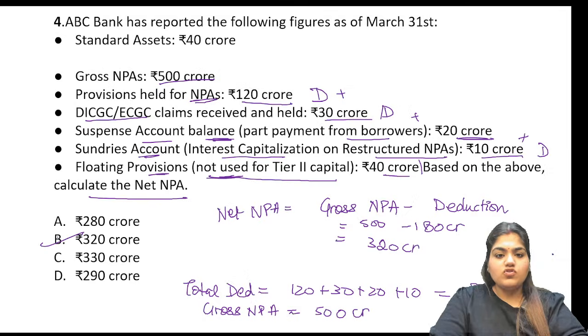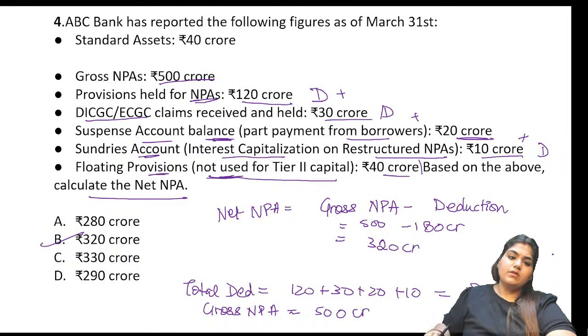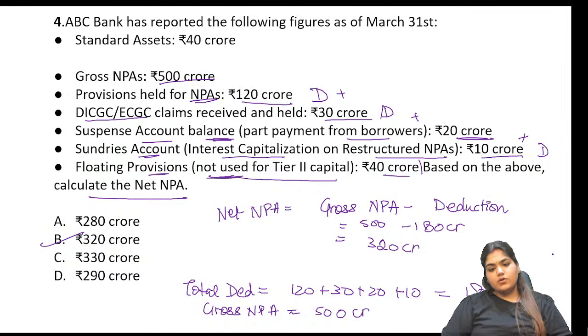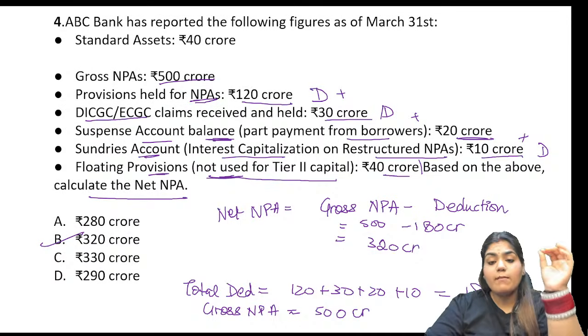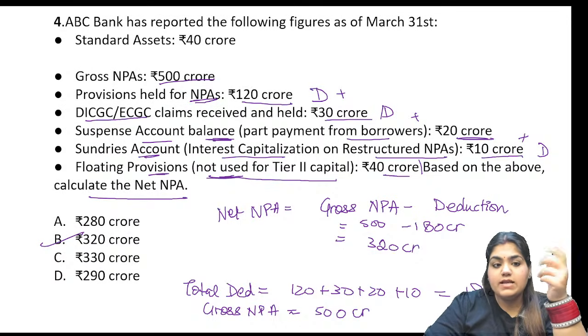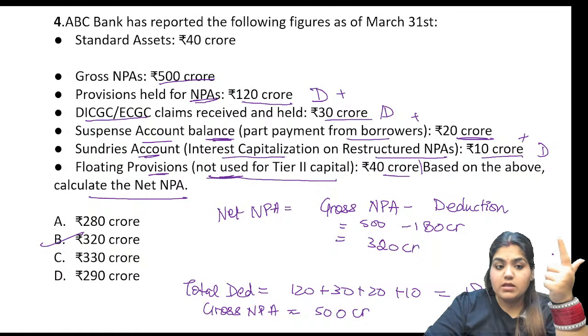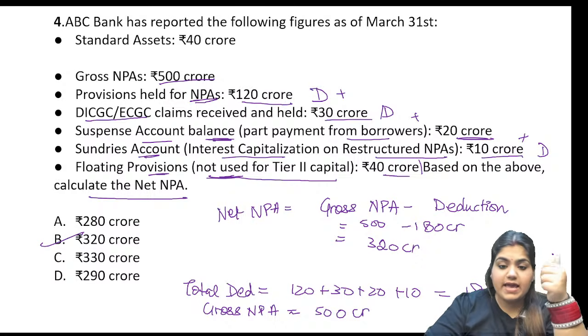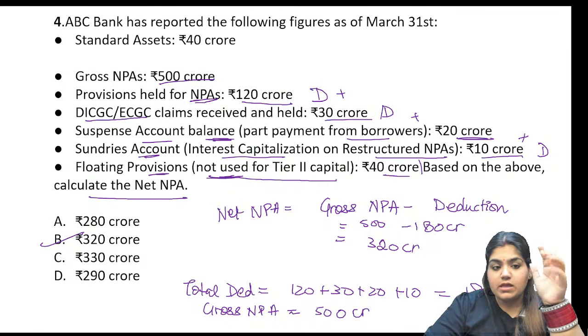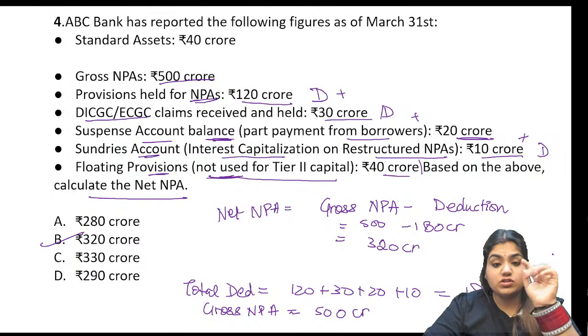There is no policy solution given to us. This is the correct answer. Do you want me to explain it again? What all things will come in deductions? Whatever amount we have kept aside for these NPAs, the provisions for NPAs, the claim that is received but held, the suspense account, the amount that is in excess and the amount that is less, excess and less both, and the floating provisions will also come in deductions, but